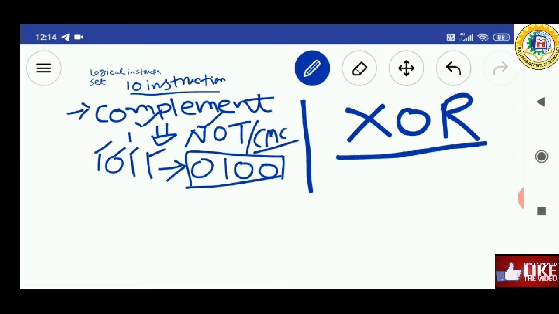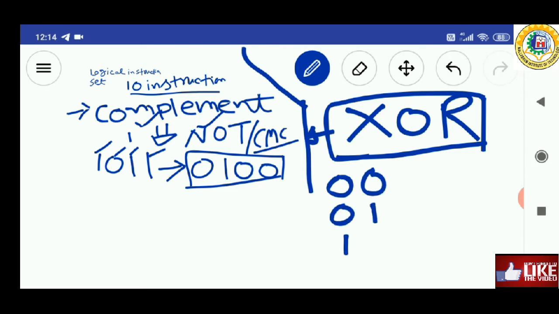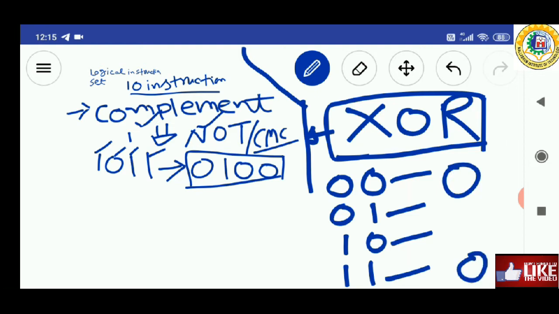First we will discuss the truth table of the XOR, then we will see how the complement is implemented with it. In the XOR truth table, if we XOR two bits and there is a similar pair, then 0 is produced, and if there is a dissimilar pair, then 1 is produced. So this is the logic behind the XOR.